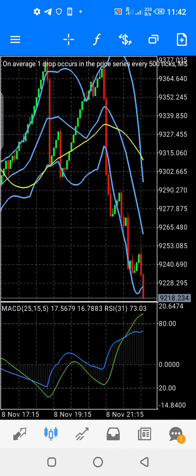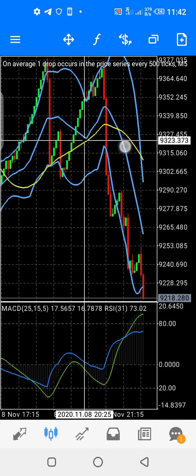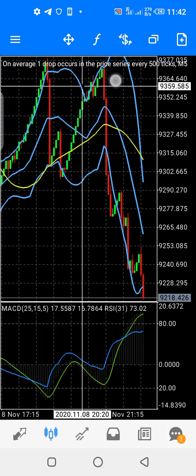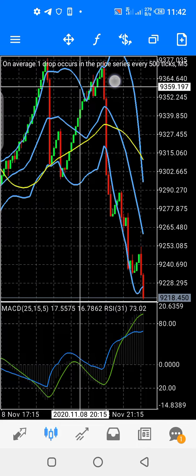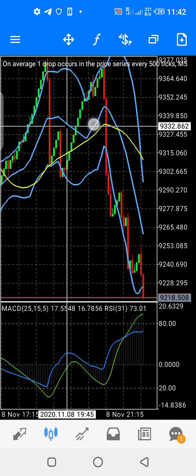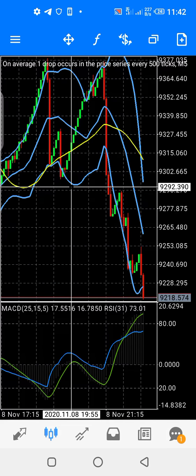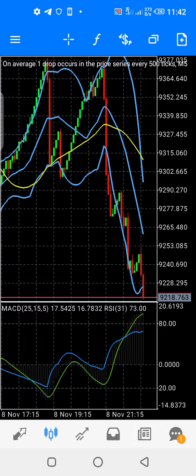Now, once you are done, this comes out. This is the average 48 line. Now, the first one you added was the Bollinger Band. This is the upper Bollinger Band. This is the middle Bollinger Band. This is the lower Bollinger Band. Very important you know this, so you can easily read your charts. Now, with these settings here,